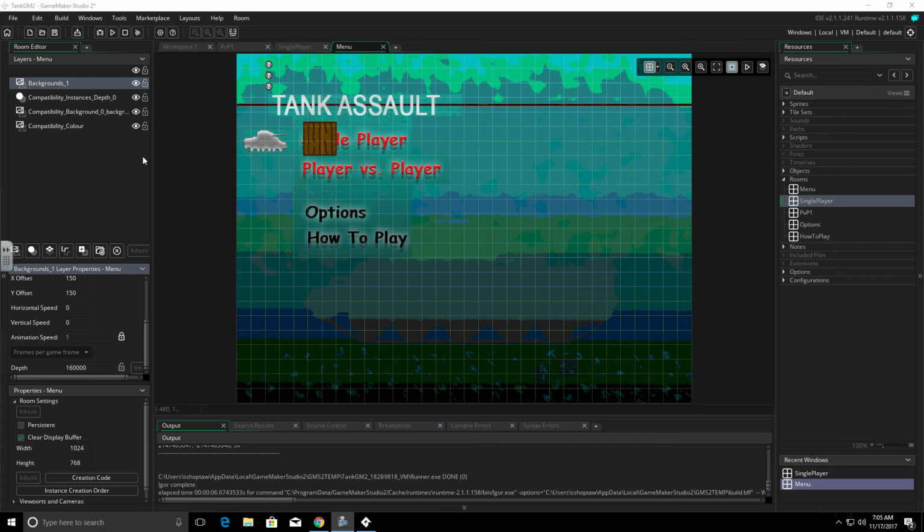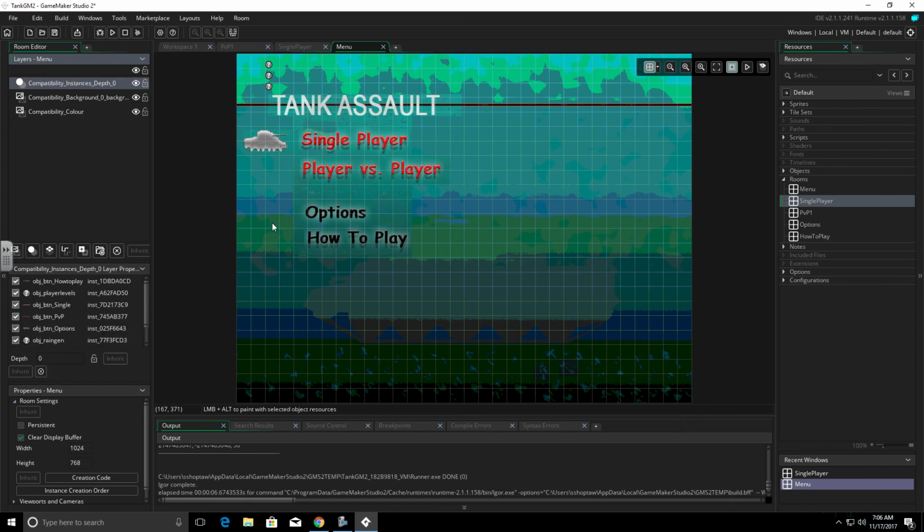All right, so we're going to jump back up here to the top, and I'm going to explain a few things in here. I'm going to go ahead and delete this background layer, right-clicking, delete layer. And we're going to talk about these options down here. But first, you see I have a compatibility instance and compatibility background. When I created that background layer that I just had up here and deleted, all it said was background.